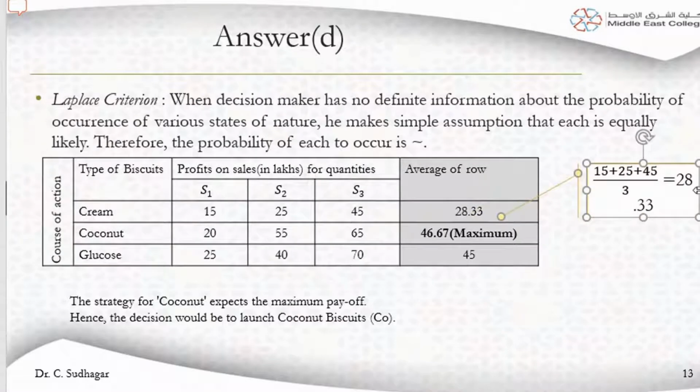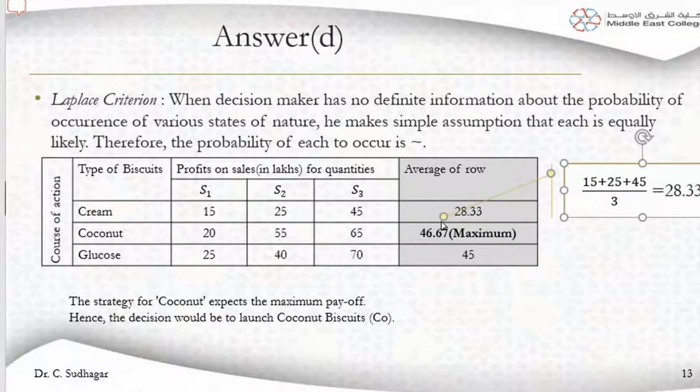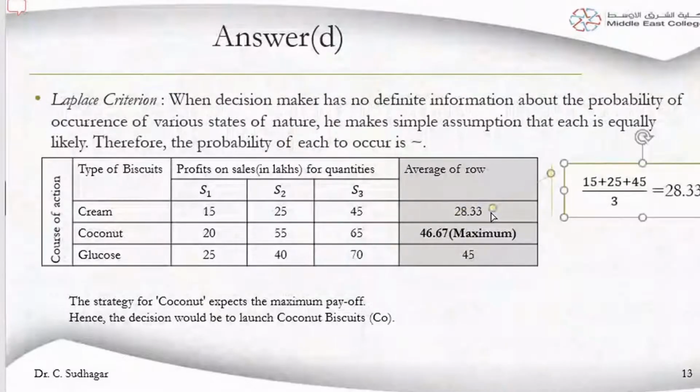Similarly in the next value also, try to write two decimals at least. If you are writing four decimals, that is well and good, but at least two or three decimals you can write, because reals have three values after the point. So you can write 28.333 like that. Then for the next value, you can calculate 20 plus 55 plus 65 and write the value there.